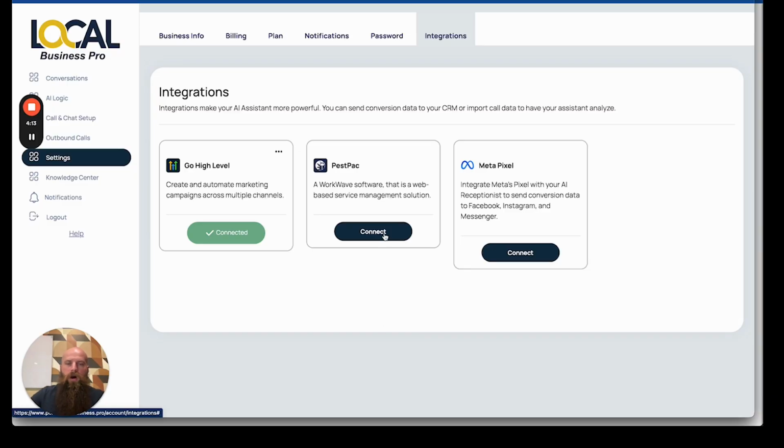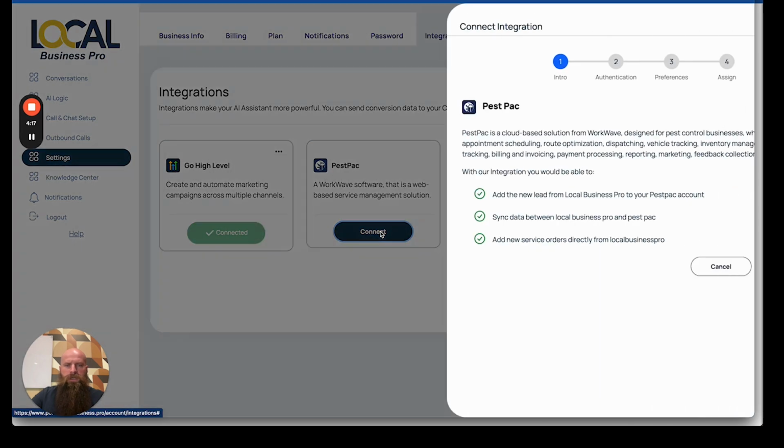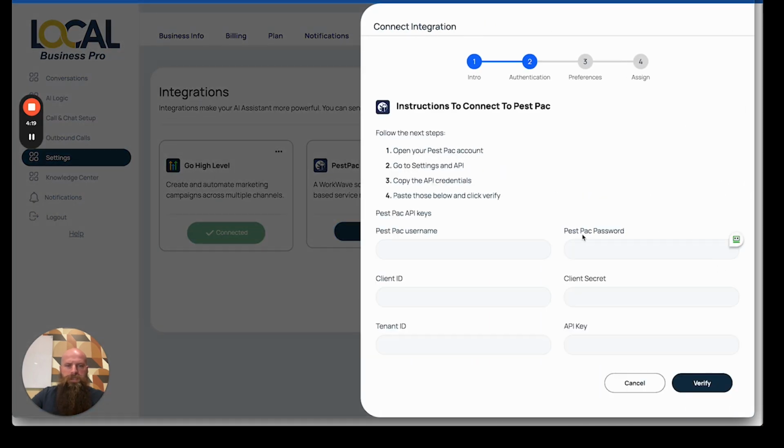So at time of filming, I only have a couple turned on in my account. So there's only Go High Level, PestPack, and Metapixel. So the first thing that you're going to do is you've got to set it up here. If you don't see it, reach out, and we'll see if we can get an integration for you built really quickly, or if we have a workaround, they'll make it so that your AI receptionist can schedule to the calendars that you want, okay? So on this, what you're gonna do is click on connect and go to next,